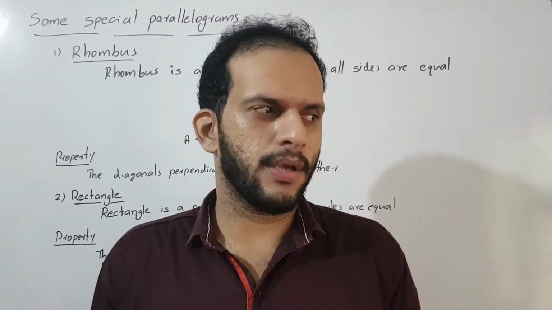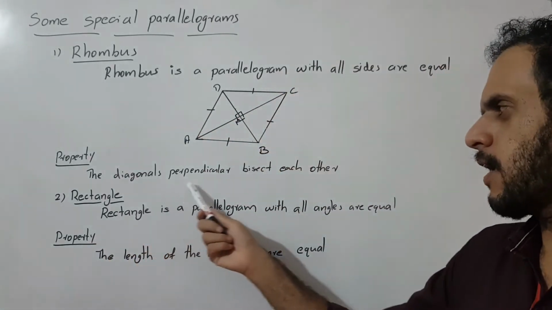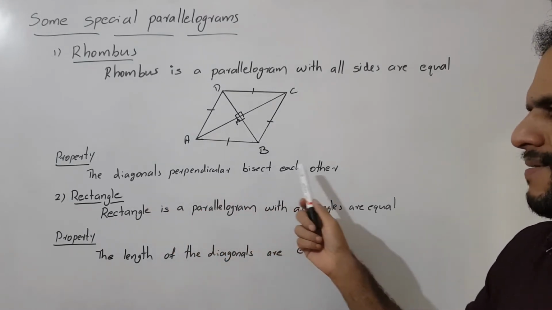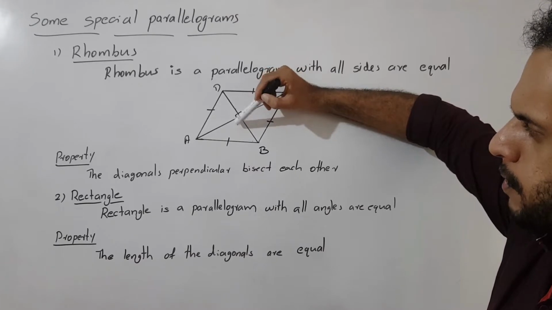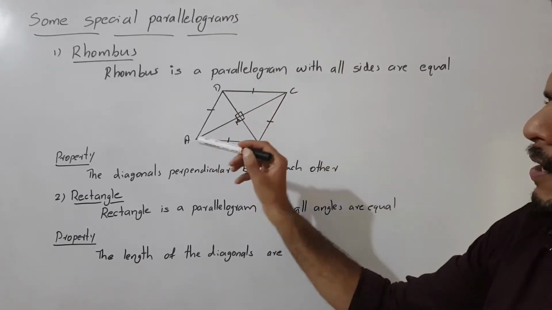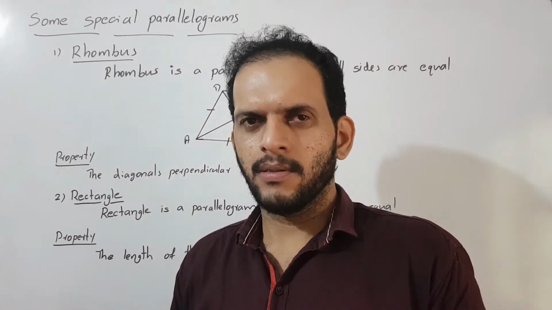Okay, that is the idea behind this one. The diagonals perpendicular bisect each other means the angle around the meeting point is 90 degrees and the meeting point is the midpoint of both diagonals. I think you got the idea. Then the second